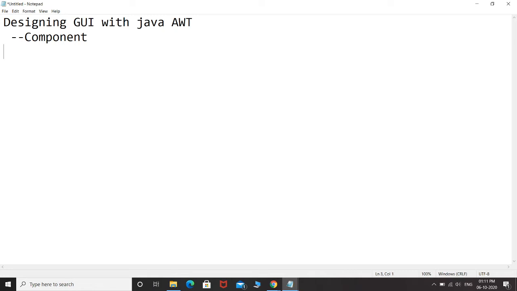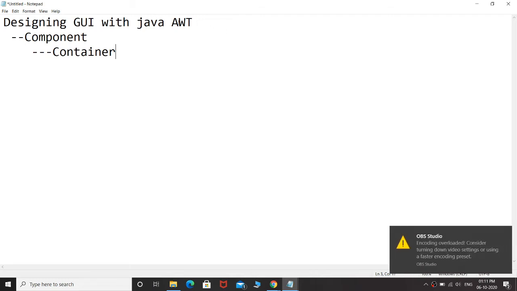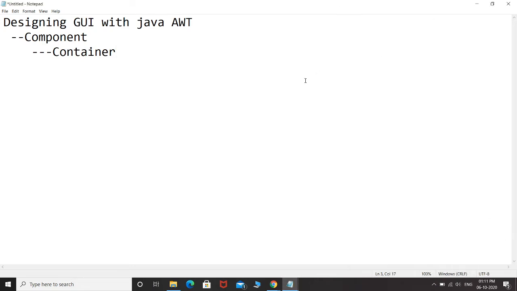Another type of component that AWT specifies is Container. These containers are a special component which provides the base where you can add all your other components. Like if I just want to create a window, I must have something on which I can draw other components. I can drag and drop as many components as I want in this window.